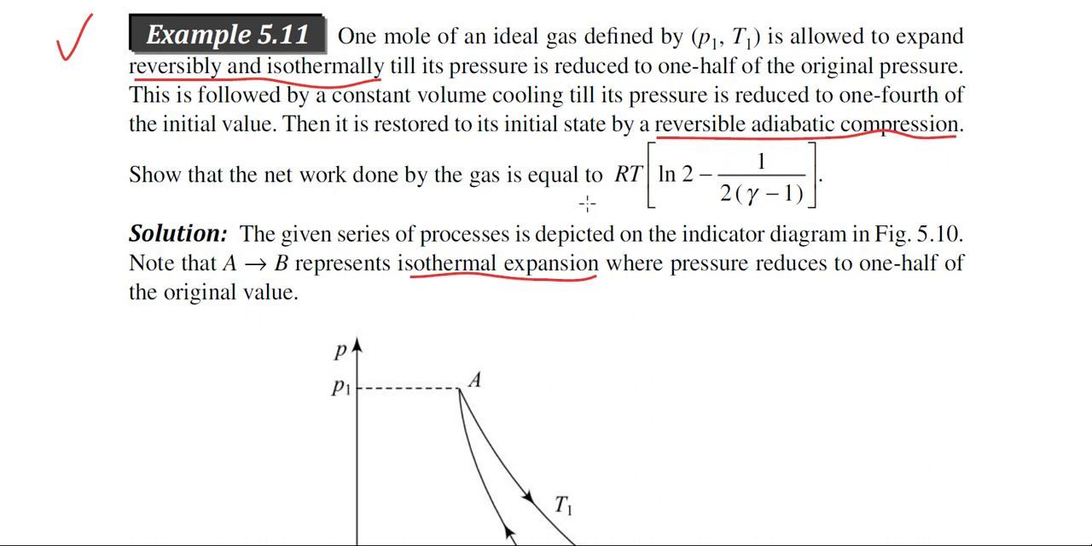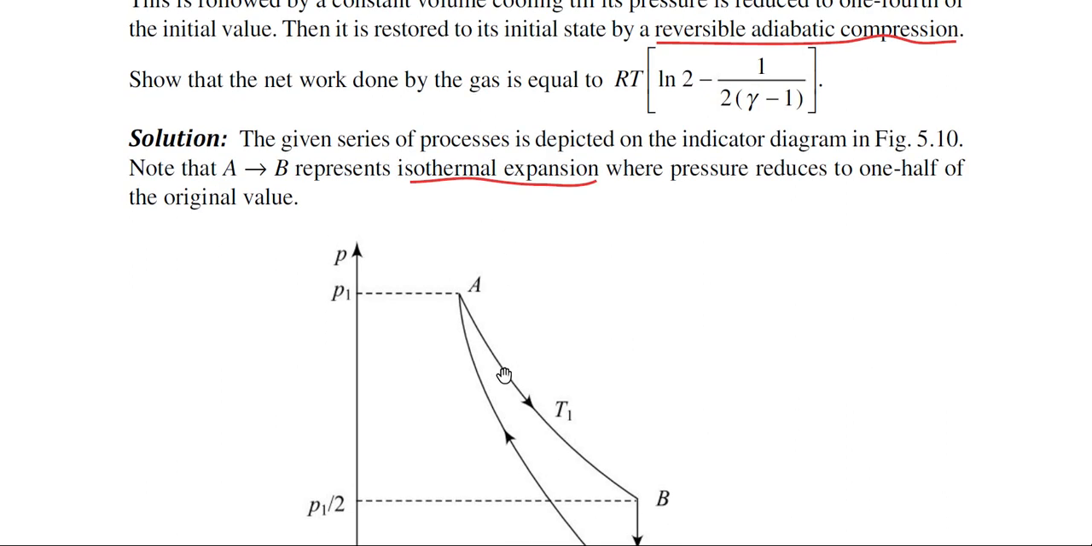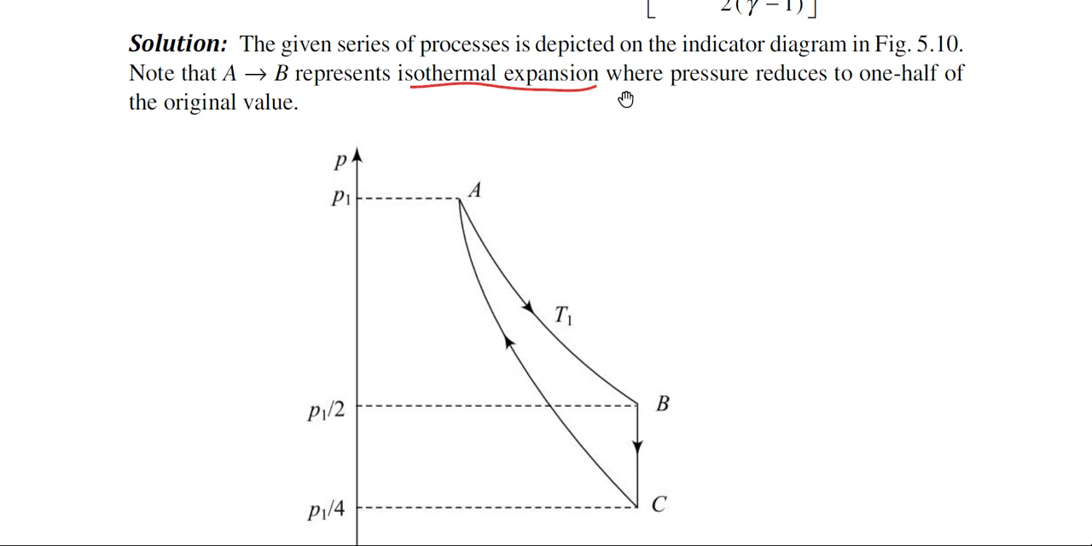So we have to calculate the net work and show that this is the net work. So we can draw the diagram in this way. You see this is the first step AB, then BC, then CA. There are 3 processes, and step by step we are describing these processes. So at first we focus on the process AB, and this is an